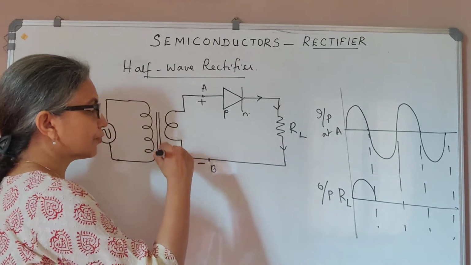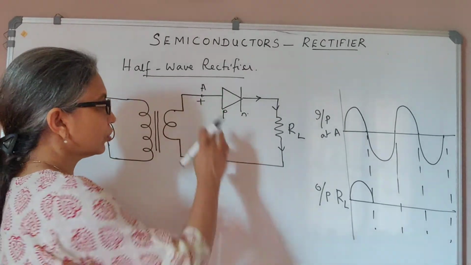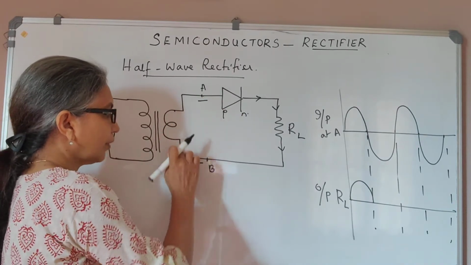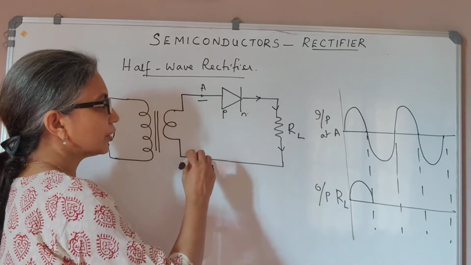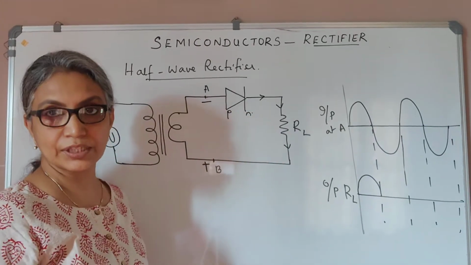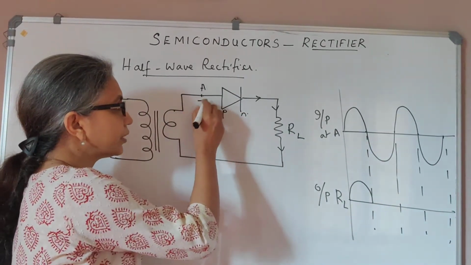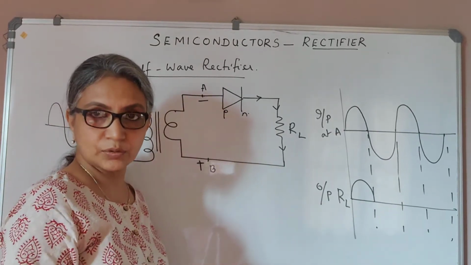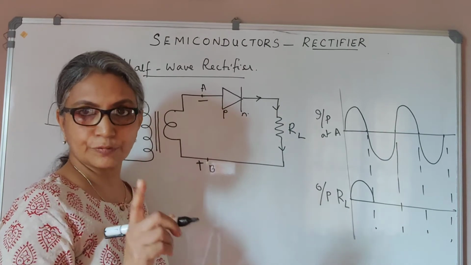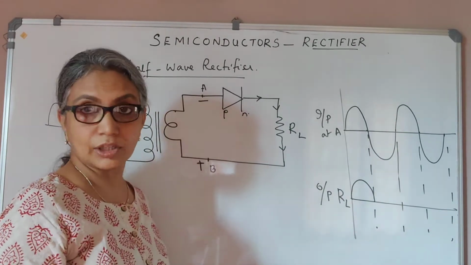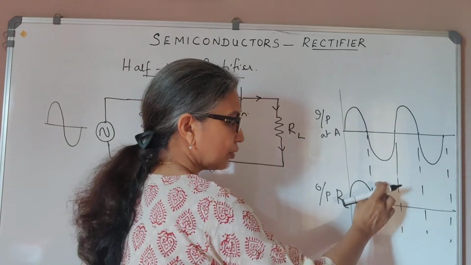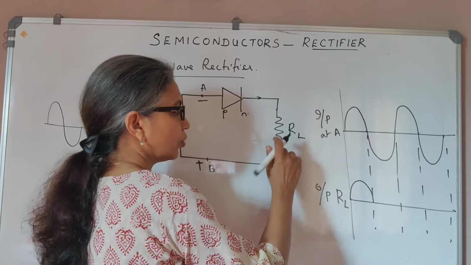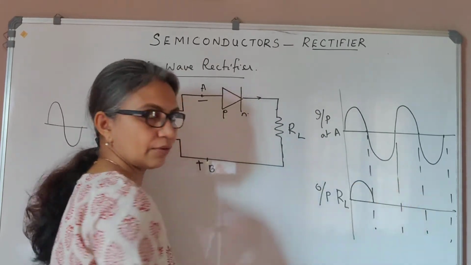Now during the negative half cycle, the polarity will switch. So this end of the secondary winding becomes negative and the other end becomes positive. Now what happens is, this diode is under reverse bias because the negative is connected to the P type. I told you under reverse bias we have a small negligible drift current, so we say the diode does not conduct. So we do not have a voltage output across RL here, because there is now no current through RL. There is no voltage across RL, so here we don't have a voltage.